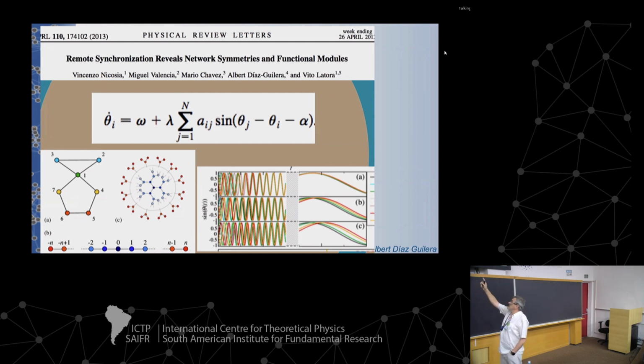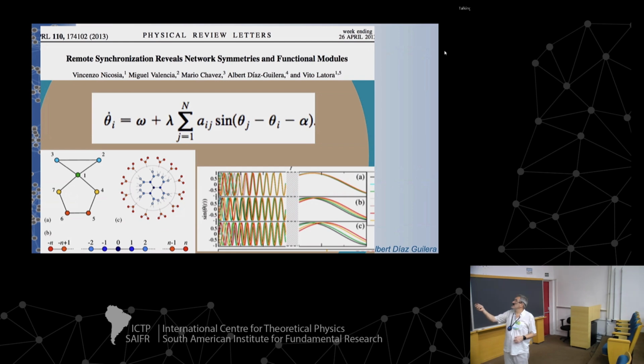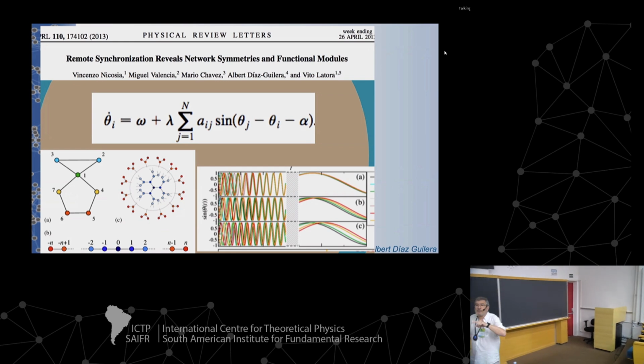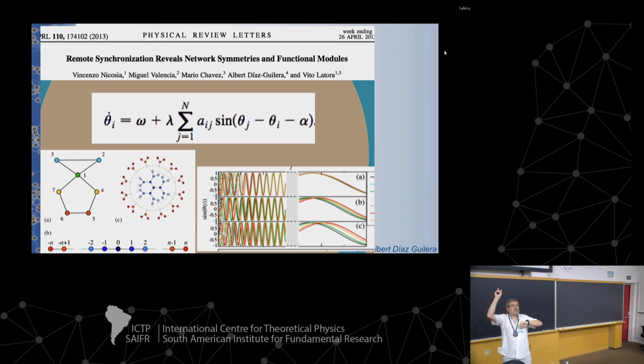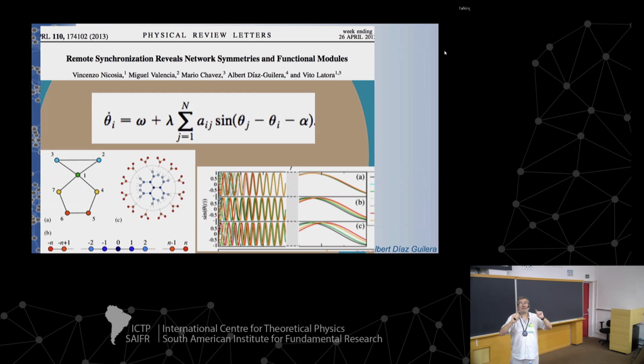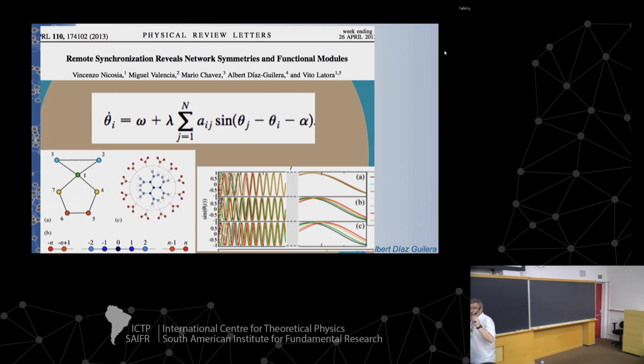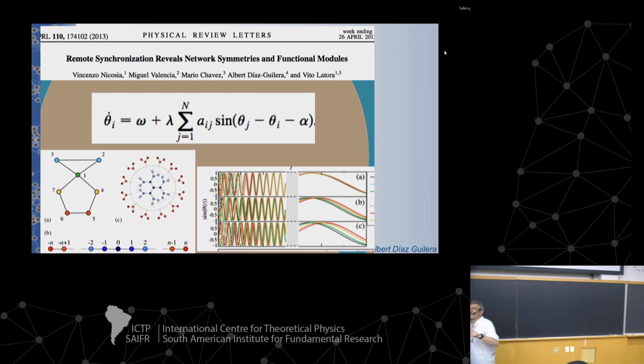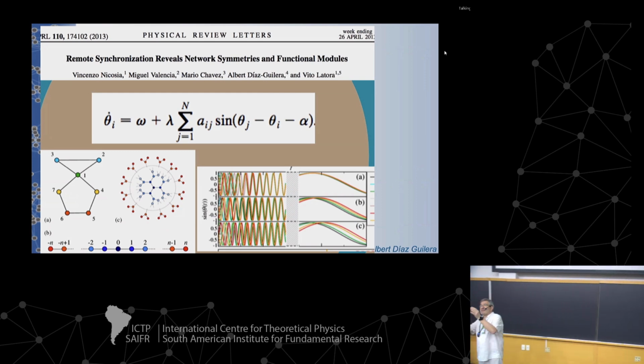And then what you see here is this term, alpha, and this term has a name. This alpha is called the frustration parameter. This term was introduced in the mean field Kuramoto model by Kuramoto and Sakaguchi, and it is the reason this model is known as the Kuramoto-Sakaguchi model. But they showed that even if you have this angle alpha, this frustration parameter, below pi/2, then you will always have synchronization under the conditions that we know. There exists a critical value of the coupling.